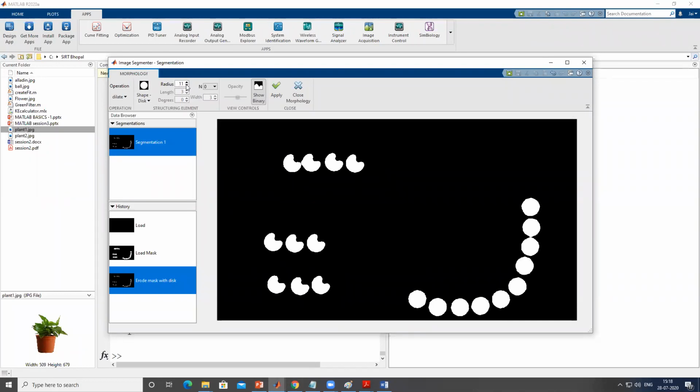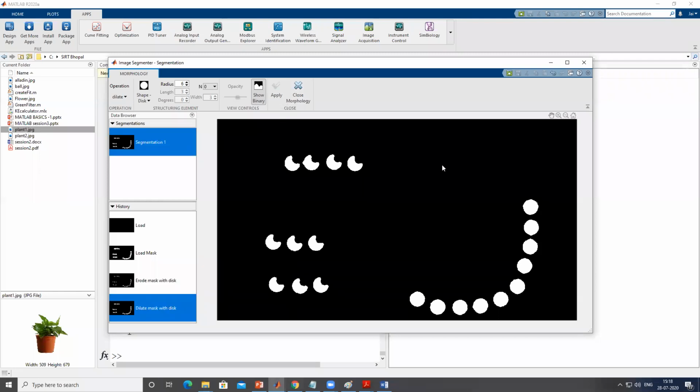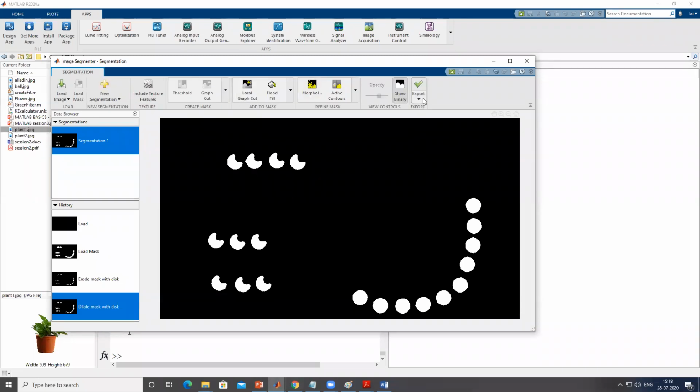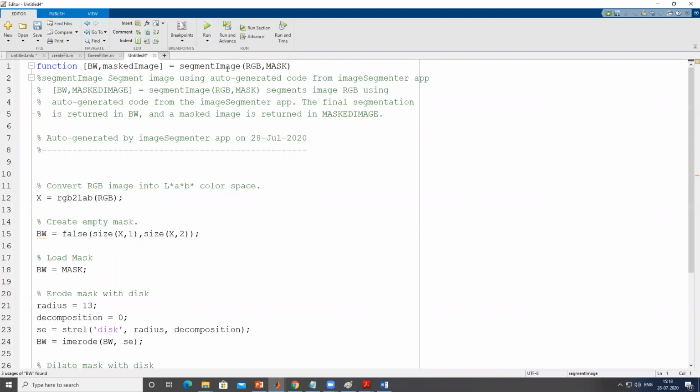Okay, so we can keep it that way only, no problem. Okay, and apply. And this way I can close the morphology and generate a function similar to what we did for the color case. Okay, and here I will name it as ball segmenter.